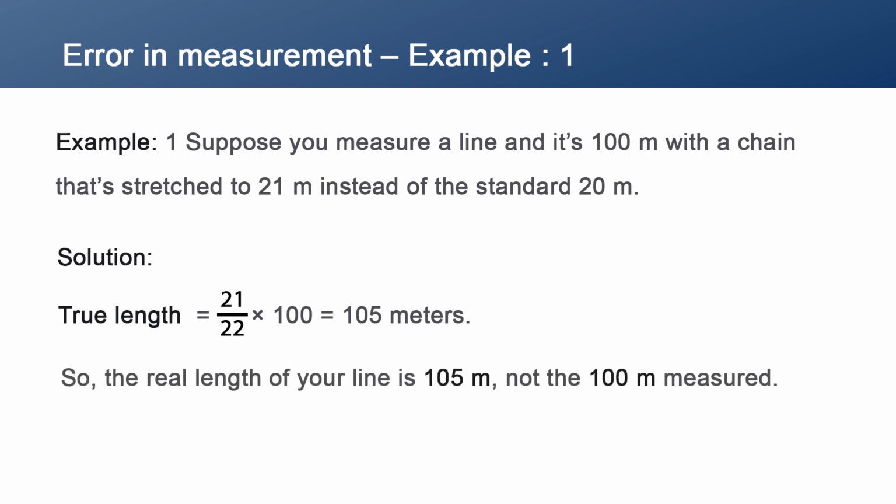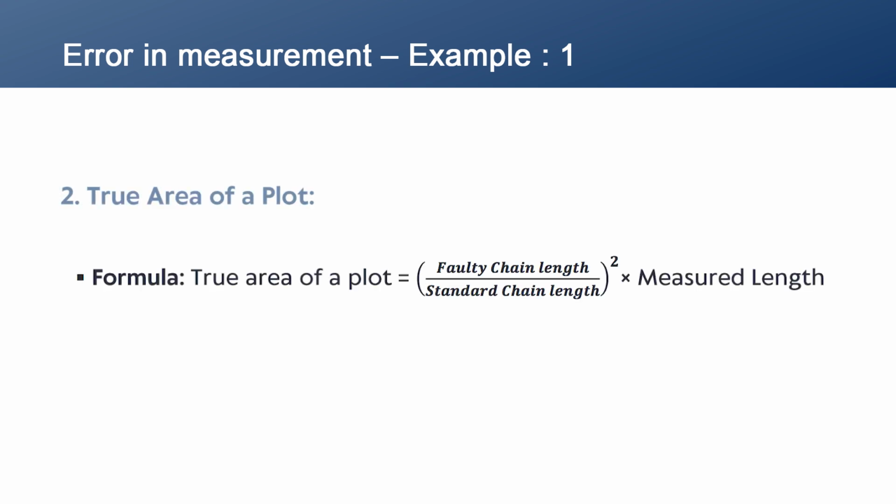So the real length of your line is 105 meter and not the 100 meter you measured. Huge variation, right? Next is the true area of a plot. True area of the plot is given by faulty chain length divided by standard chain length, the whole squared by